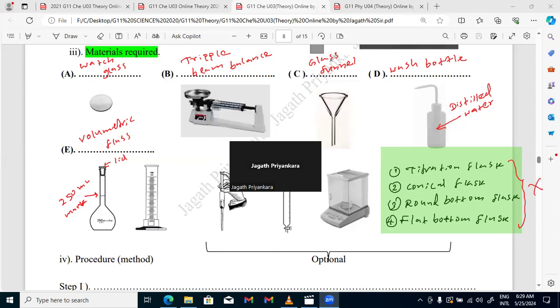And the other thing before that: all the glasswares you have to clean, and clean and dry. That is why. If someone has used the watch glass to measure, maybe not HCl, say some other copper sulfate or potassium permanganate, and not cleaned it properly, then contamination can take place. Even the volumetric flask, they might have prepared some other solution, HCl. Now, when you prepare NaOH, what happens? If they have not cleaned it properly after their practical, and you also do not clean before